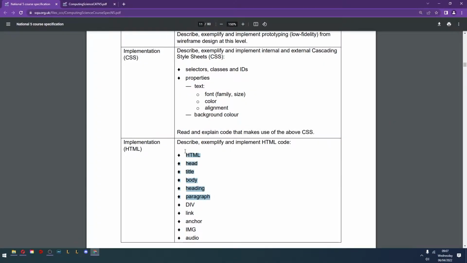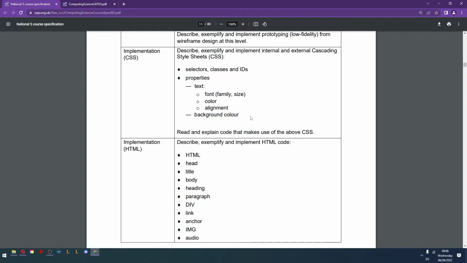Last time we looked at these 6 HTML elements, but they looked kind of boring on their own. So today we're going to learn about CSS, which is all about style. How can we add style to the elements we've created? Today we're going to look at the text, the font family, size, color, alignment, as well as the background color